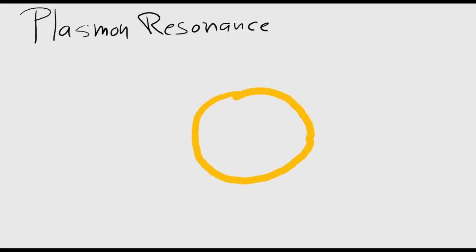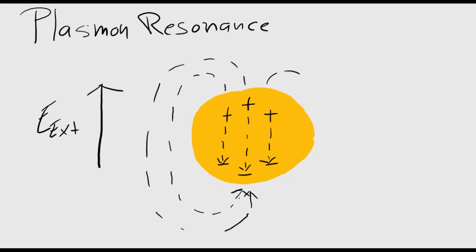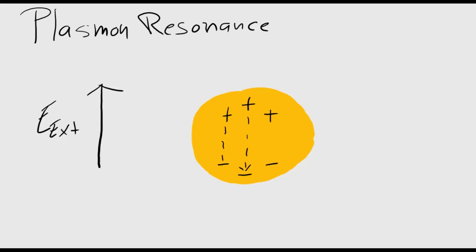The first thing that needs to be understood in order to talk about photothermal imaging is plasmon resonance. When light is incident on a metal nanoparticle and the frequency of light matches the natural resonance frequency of the particle, it will produce large oscillations of all the free electrons in the metal, which then produce large electric fields in the immediate vicinity of the particle. These fields then act on the electrons, reinforcing the oscillations. This coupled excitation of oscillating charges inside the particle and oscillating electromagnetic fields outside the particle is known as plasmon